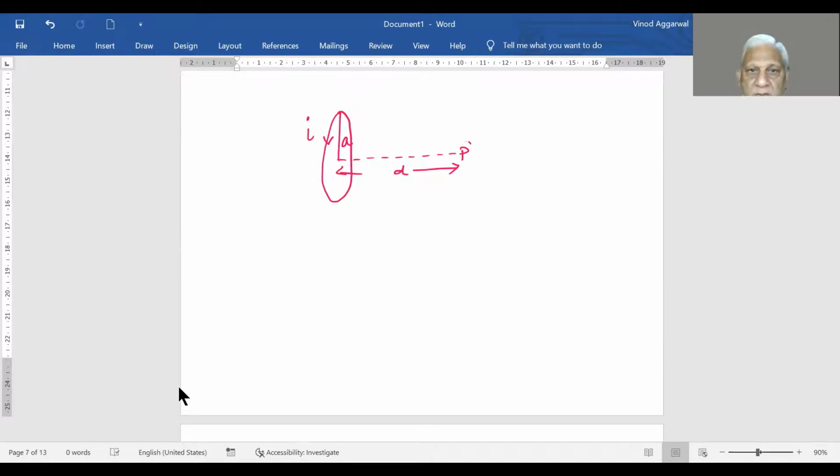Then how do we find out the total magnetic field at point P because of the whole of this loop through which current I is passing? So what we will do is